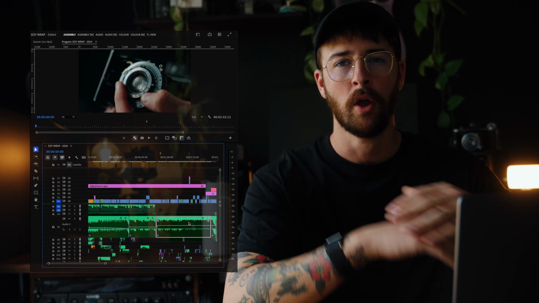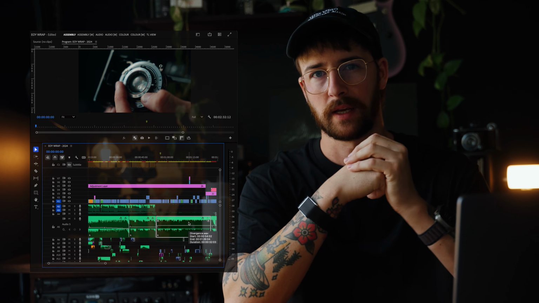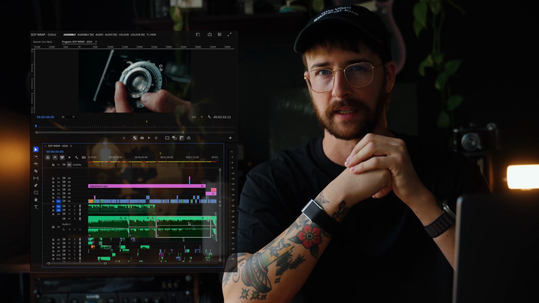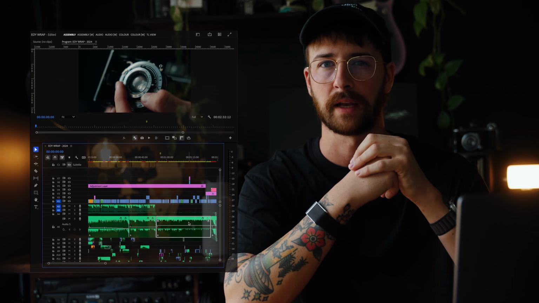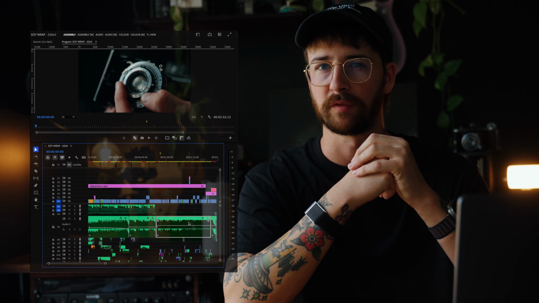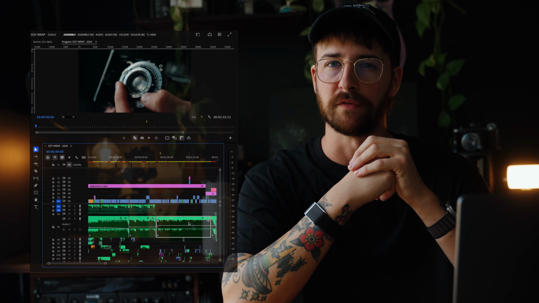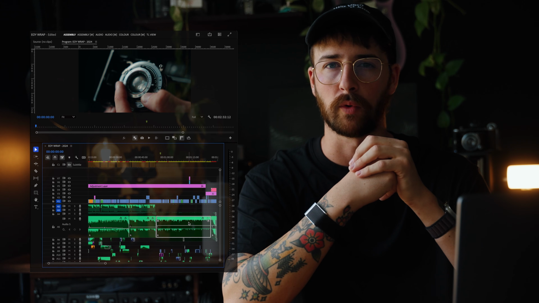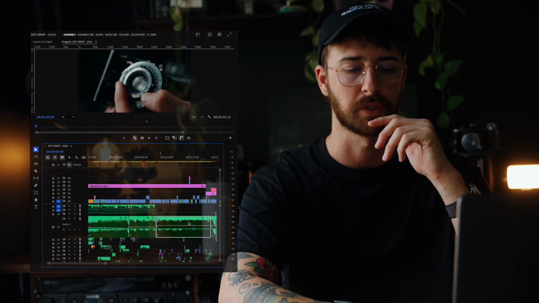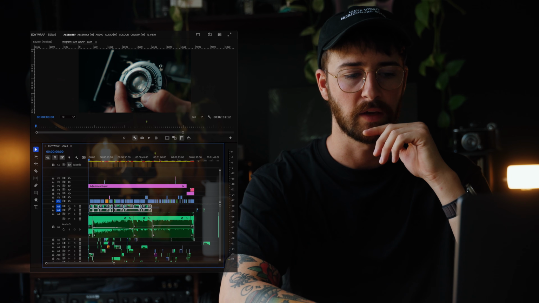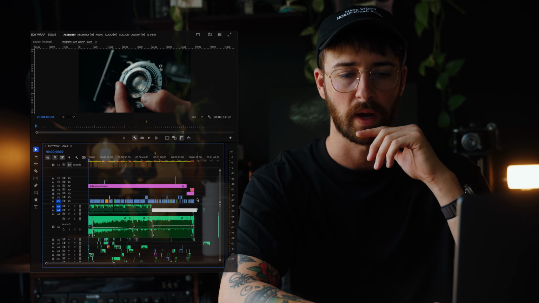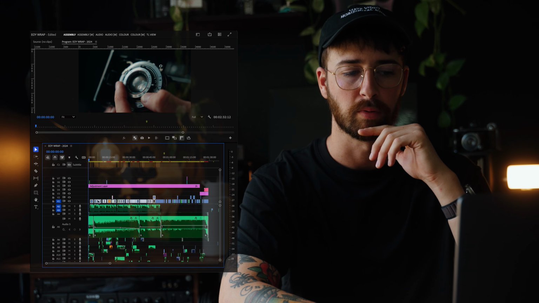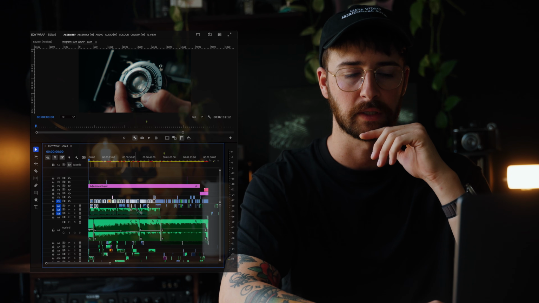Now, the reason that I've got two different tracks here is because I wanted to create two distinct sections within the film without having them feel too disjointed. They are similar sounding tracks, but they both have a distinctly different feel to them. And I think having both of those separate tracks within this video created those two chapters that I was talking about before. The first, like I said, being the voiceover section here, and the second being the montage section, which makes way for a lot of quicker cuts and a lot more energy. And then the first section is where you can breathe a little bit more. You can really take the time to listen to that voiceover.